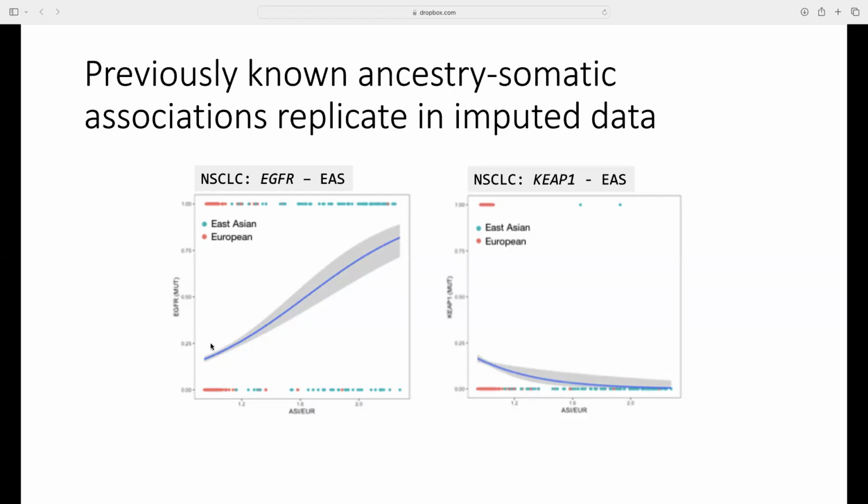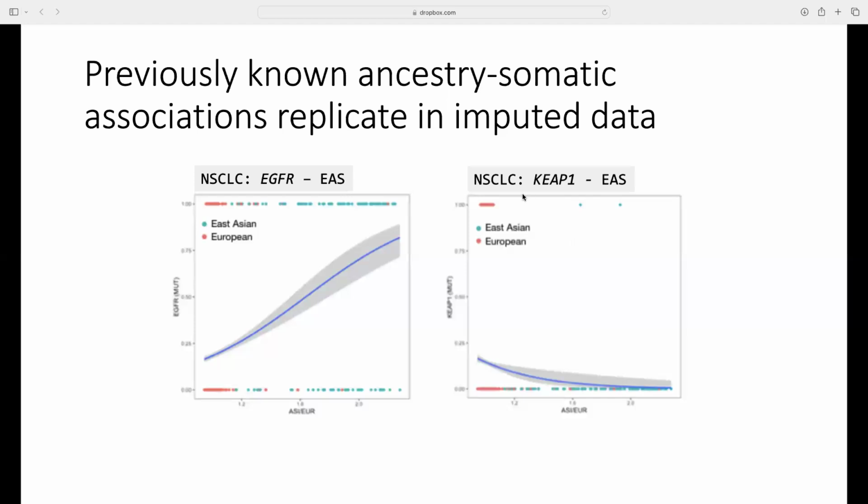And you can see that individuals who are most similar to a European reference population have an EGFR mutation rate of about 15%, whereas individuals who are most similar across their entire genome to an East Asian reference population have an EGFR driver mutation rate of about 75%. So there's a really substantial difference in the type of tumor and the type of driver that you develop as a consequence of these ancestry components, or really, again, I should say, as a correlation of these ancestry components, because the precise factors that cause these mutations, we actually don't know.